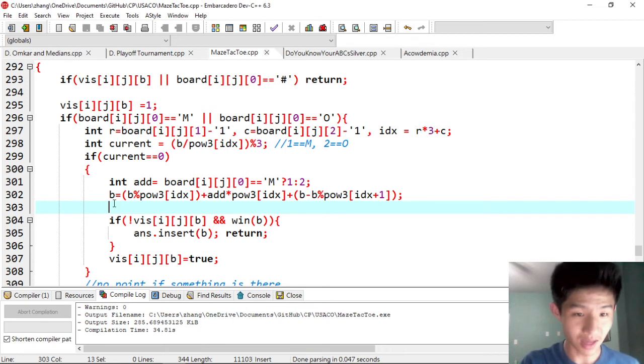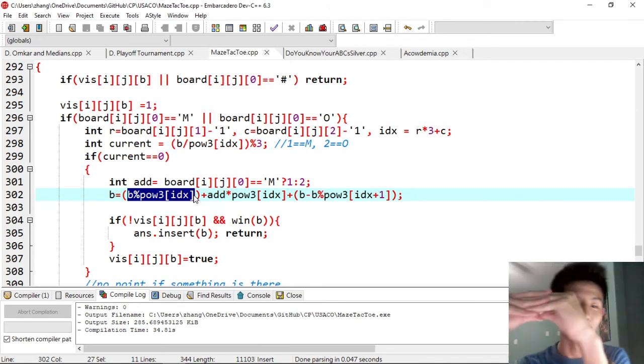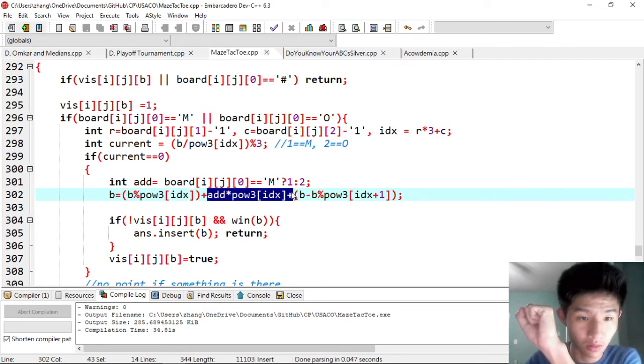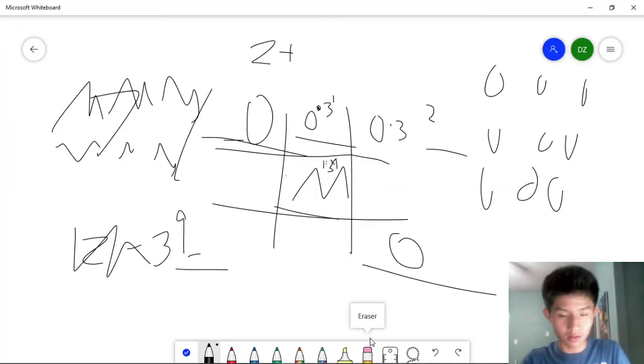So B takes out the amount that's going to be changed within B. This is going to be so hard to understand. By the power of 3, then you add the amount that you're going to change. So, like, yeah, remember how each one is,